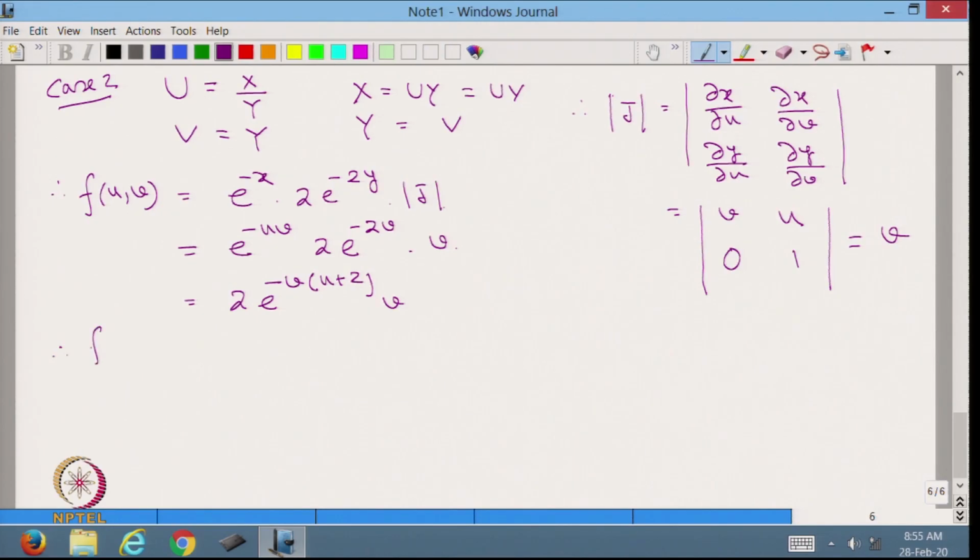Therefore, f of u is equal to the integration from 0 to infinity of 2 v e to the